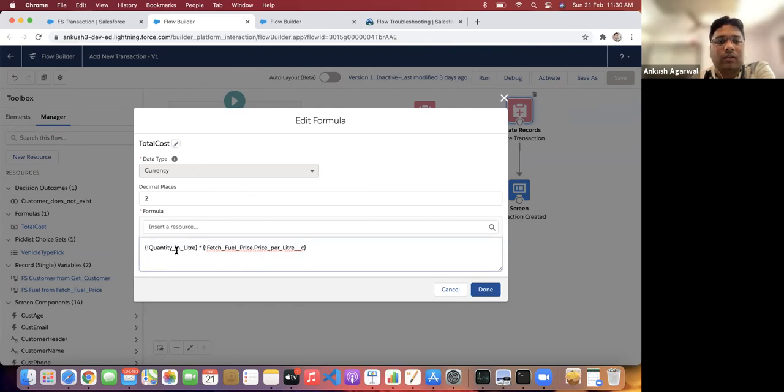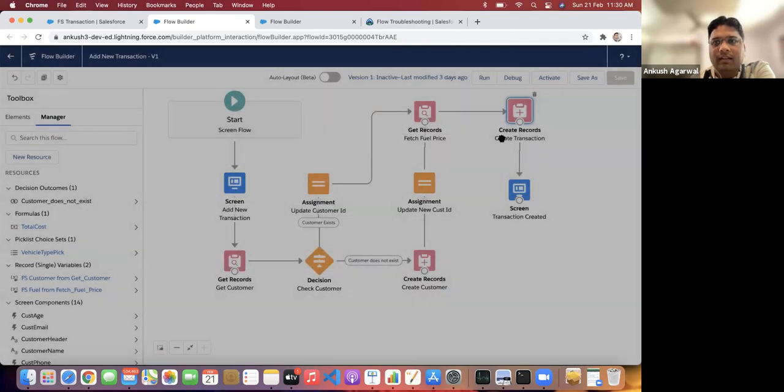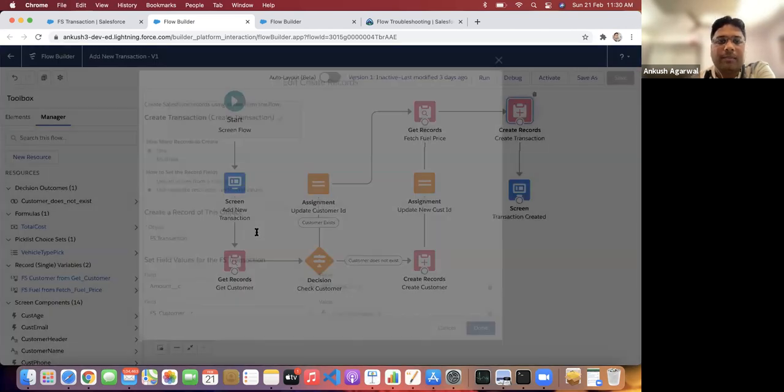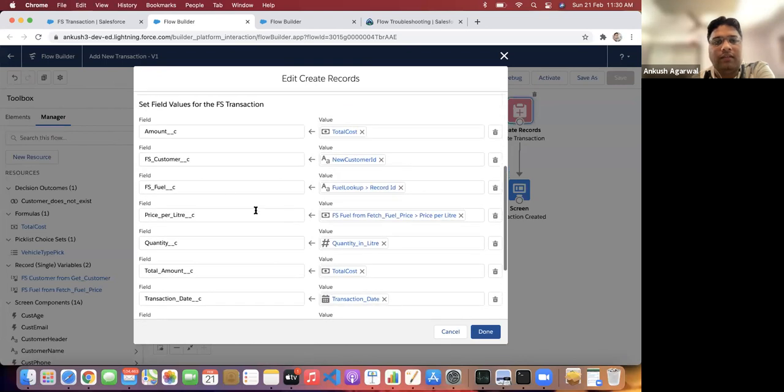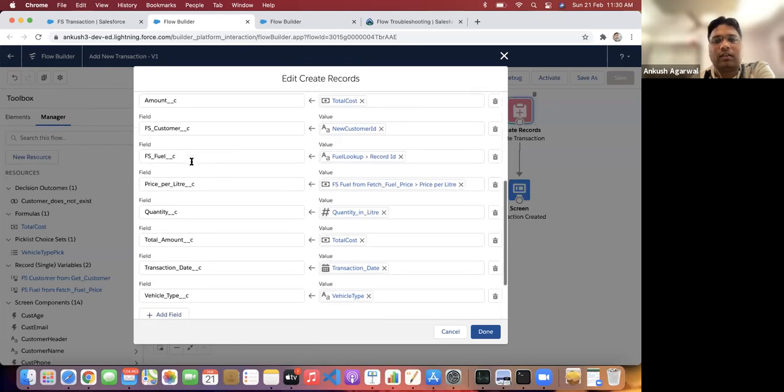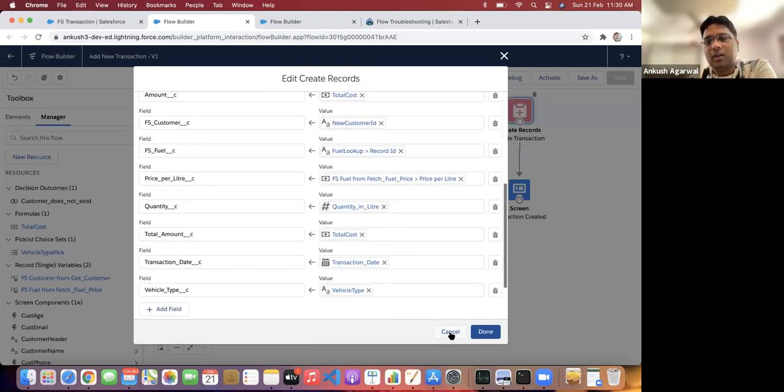You can calculate the total cost, and then the total cost can be updated here. So total amount should be updated, transaction date is updated, what is the vehicle type, everything will be there in the record.